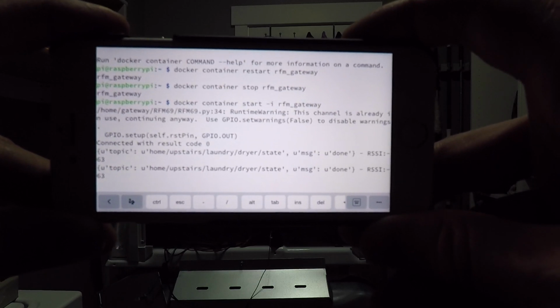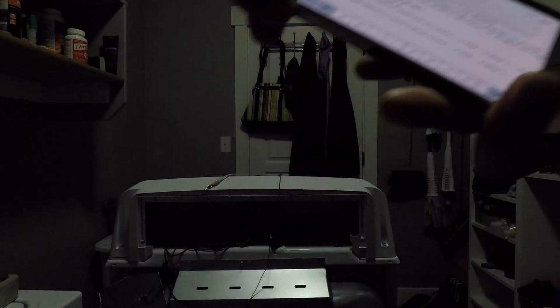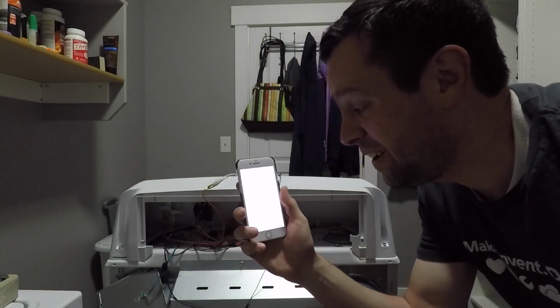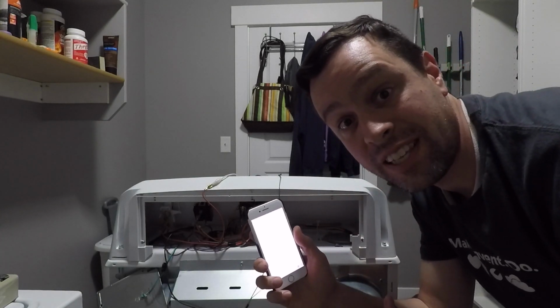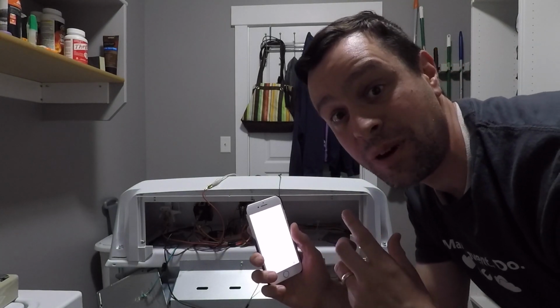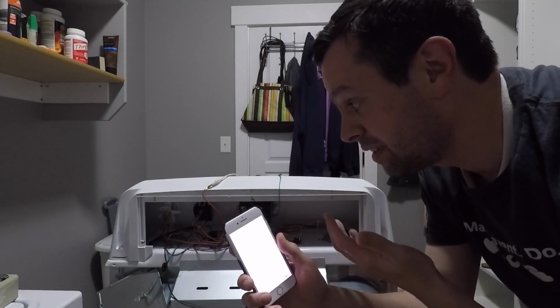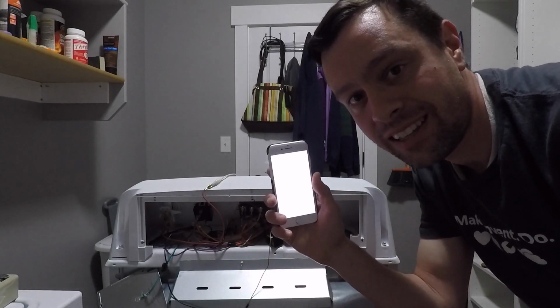Dryer's done. We got a message. And we got a text. Oh, that was awesome. So the buzzer turns on 5 seconds before the cycle ends, so that thing is on its way sending you a text before this even starts. I mean, I wasn't paying attention. What was that, about 3 seconds after the cycle was done? I got the text, so